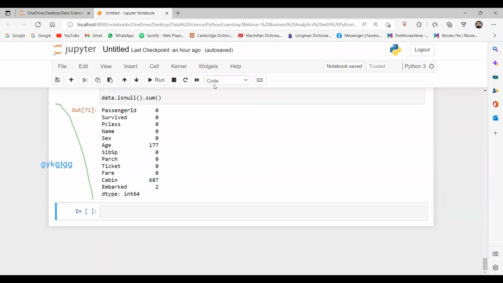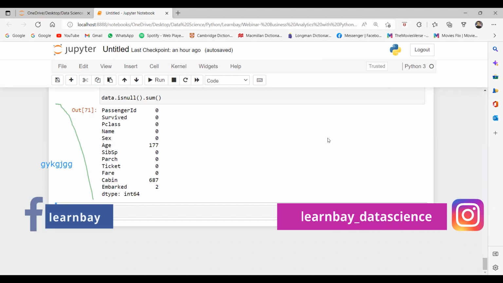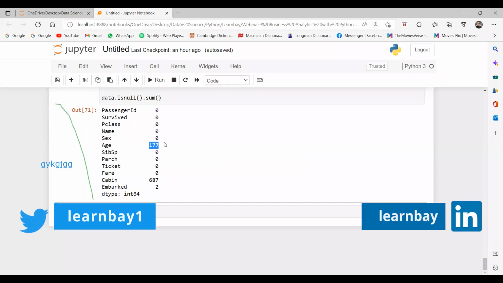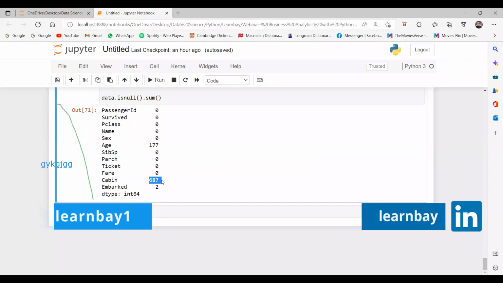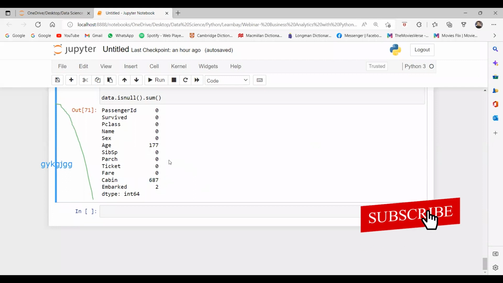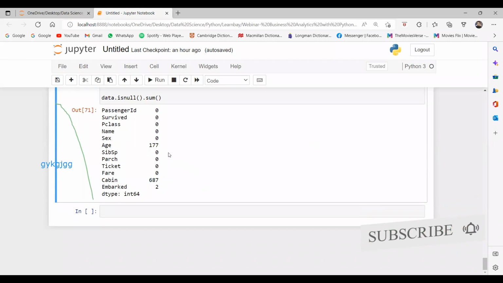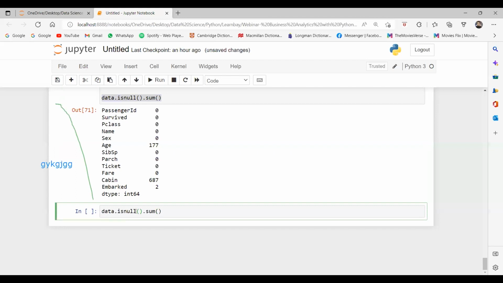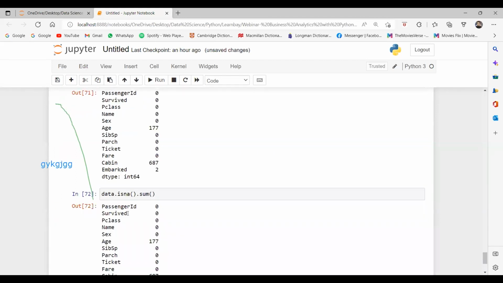Fine, guys. Does it consider incomplete data? Yes, maybe at the time of entry, somebody missed the values. There are several techniques for how we fill the null values, but that is a different matter. How we treat these null values is a different scenario. Here we are just trying to find out whether we have missing values or not. Instead of this, we can use one more function, data.isna. Both functions do the same task.